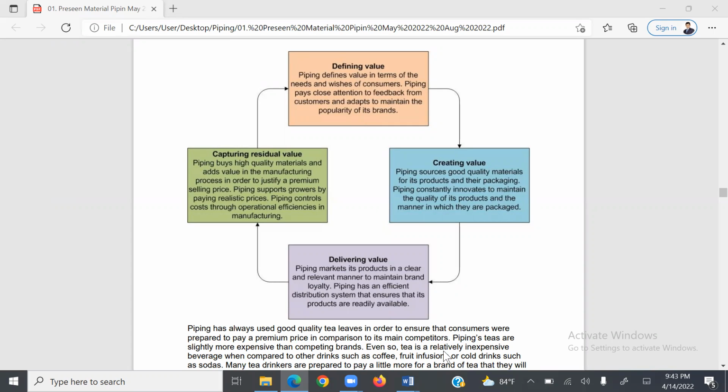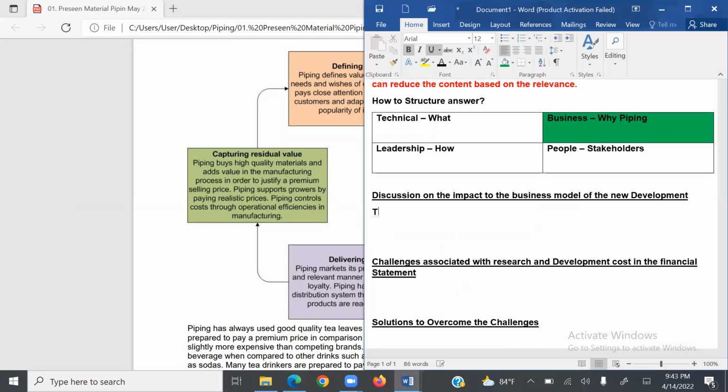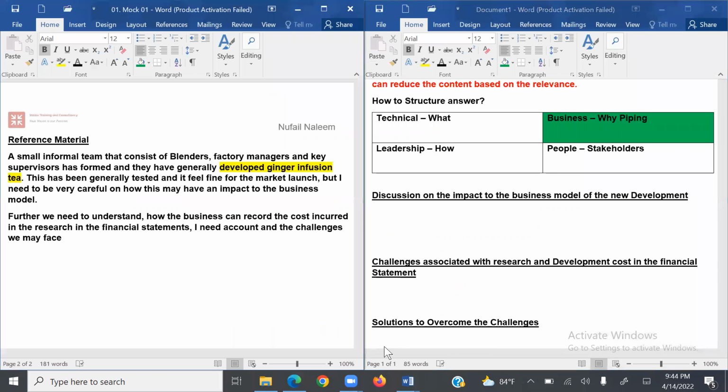So I will just write down the point here. I'll write down a basic explanation first. Now in the exam, students, you can see the pre-seen material, but you will spend a lot of time. So just make sure that you are clear with the business model of this. So I'll write down here the business model, just a basic introduction. The business model generally